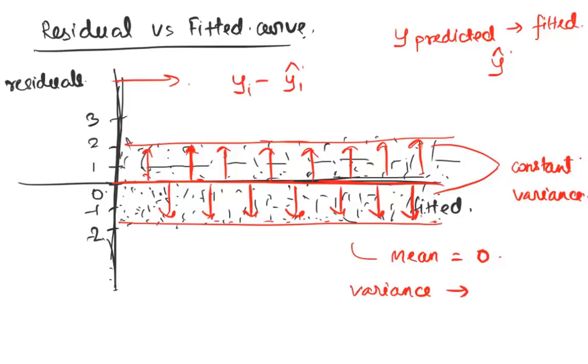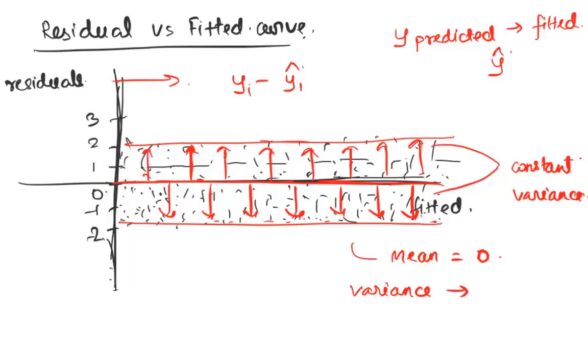The normality assumption we cannot verify here just by looking at a scatter plot. For normality, we'll have to do something that allows us to get a sense of frequency distribution. Scatter plots cannot help, right? What we'll do is we'll use something called a QQ plot. A QQ plot allows us to check for normality very easily. But here, what we can see is that this looks constant variance.